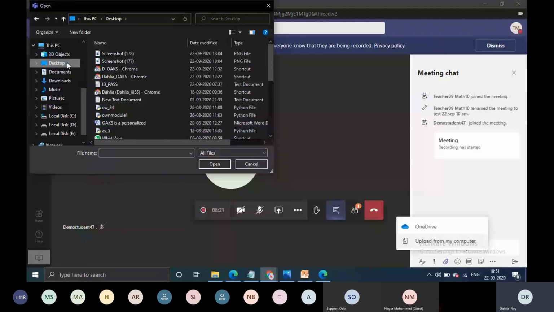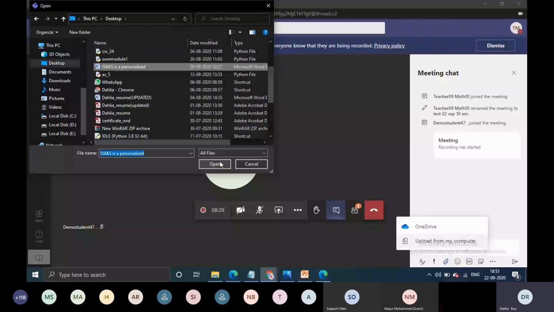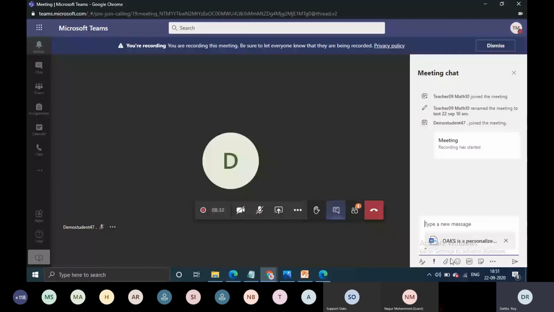Add this file. I'll click on open. So it is getting uploaded. There is one more feature that I would like to show you that is basically used in managing permissions. Now when it is uploaded, you can click on the send button or the arrow button.